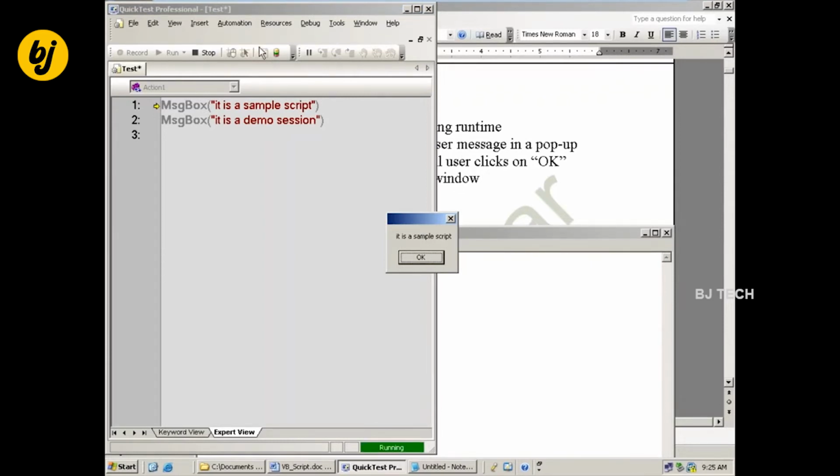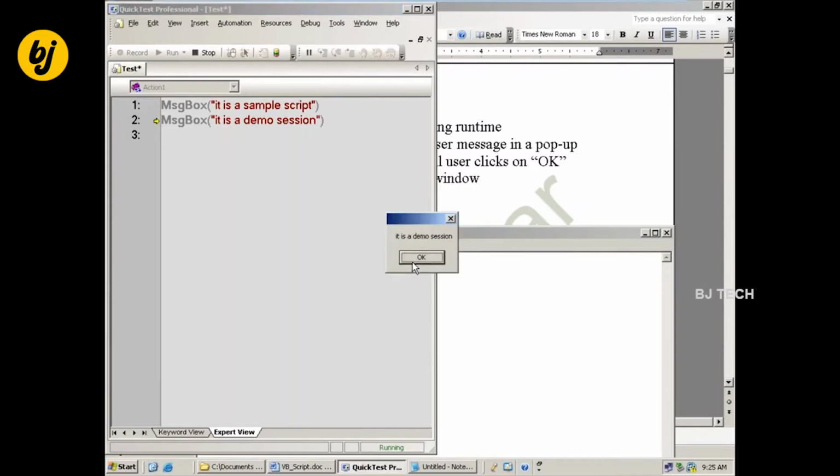It will wait at that statement only. Whenever you click OK and close this pop-up window, only then will it continue the remaining script execution. So when I use MsgBox, it displays the user message in a pop-up window and waits until the user clicks OK to continue. Your interaction is required to close this window.